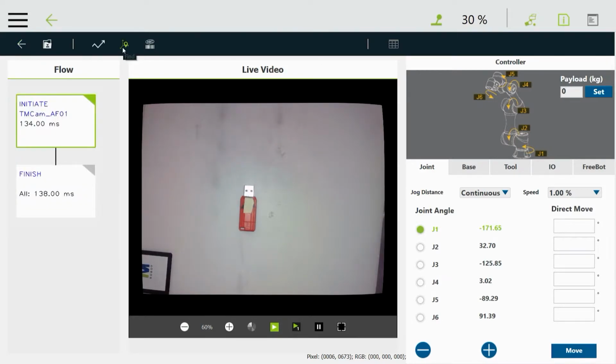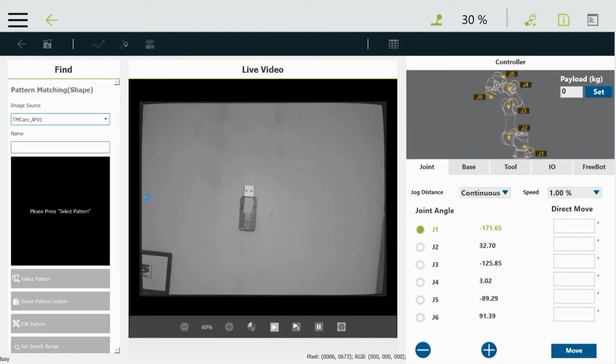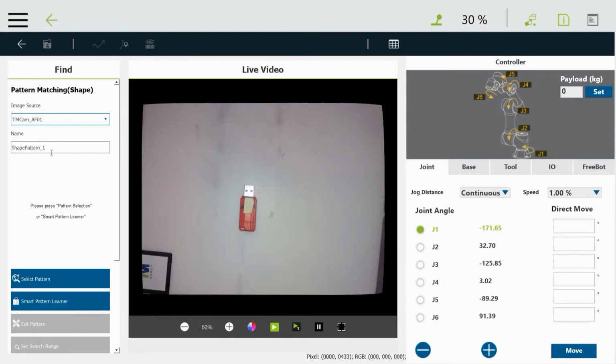The next step is to select this icon, which is the vision tools. Click on that. And we have these five: the pattern match shape, pattern match image, blob, anchor, and this last one here. We're going to use the pattern match shape, so we'll click on that. And give it a name. We'll call it the USB part,